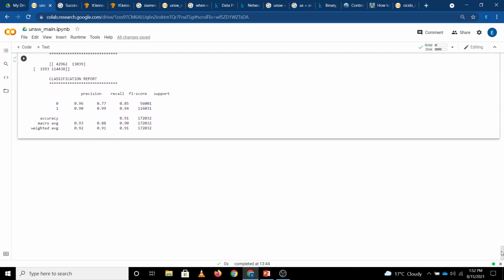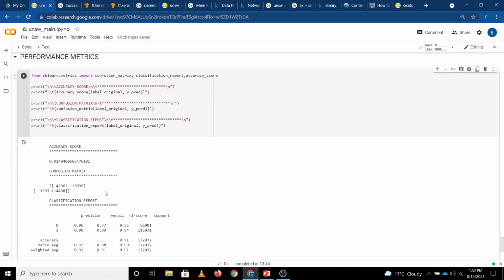Here I also got my confusion matrix details for true positive, true negative, false positive and false negative. Overall I got an accuracy of 90.9149%, which is 7% greater than the previous research I referred to in the paper. Here are our precision, recall and F1 score.